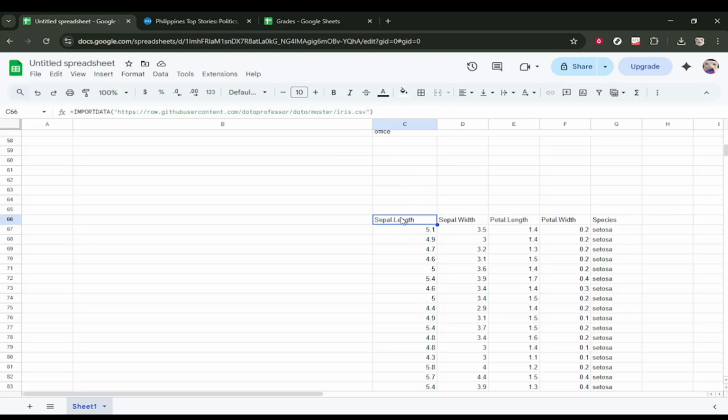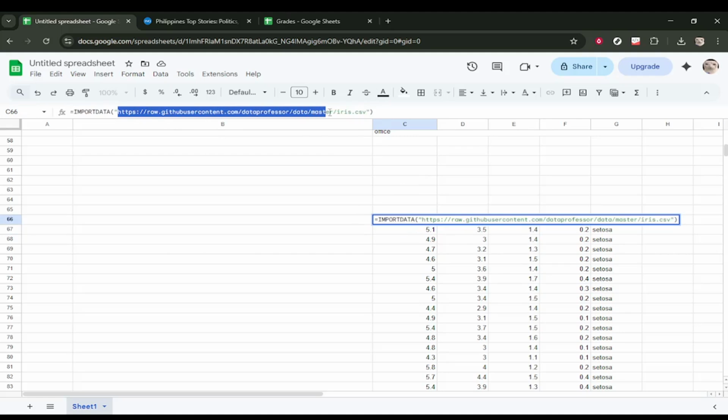If the file has many rows and columns, Sheets will fill as many cells as it needs. If any of those destination cells already contain content, the import can fail with a reference error, so keep that area clear. Now type the formula, enter $, then import data, then an opening parenthesis,